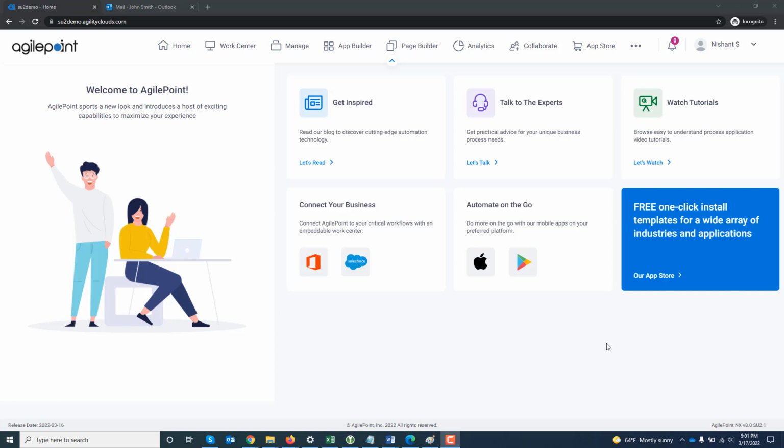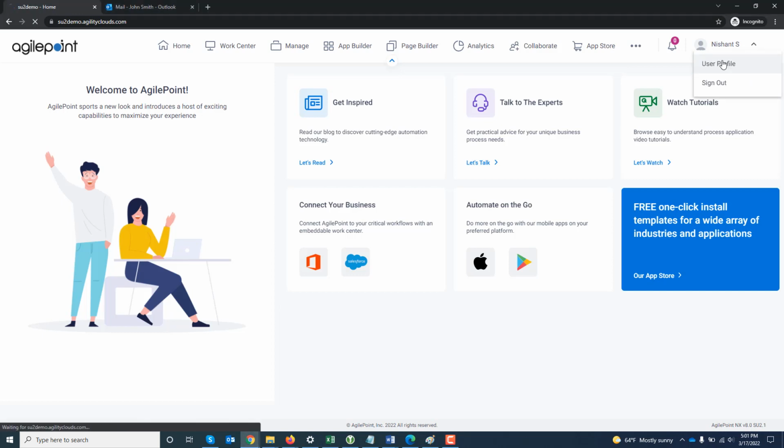Hey guys, in this video, I'm going to cover some of the minor miscellaneous enhancements which have been added as part of AgilePoint NX 8.0 software update to release. So I'm in my demo environment right now. The first enhancement has been to the user profile page. So if you go to user profile,